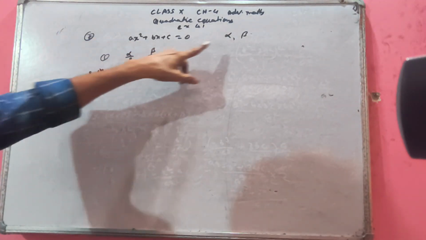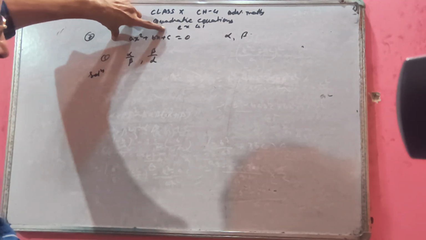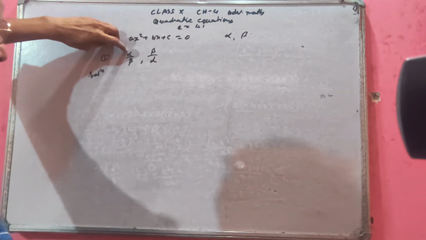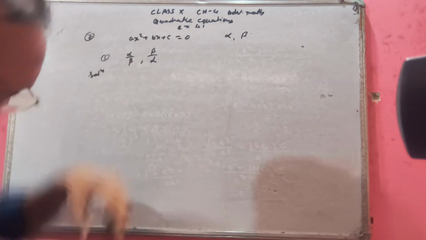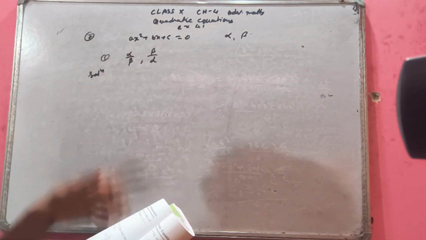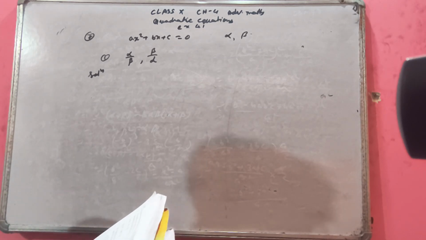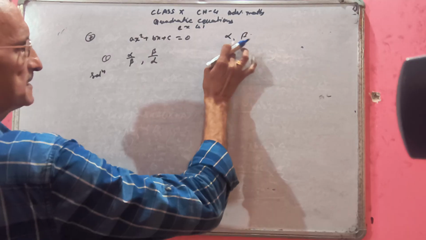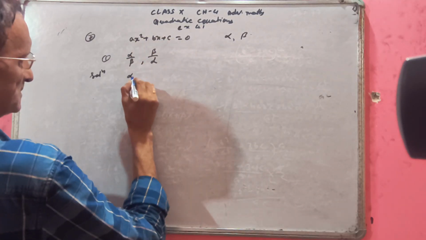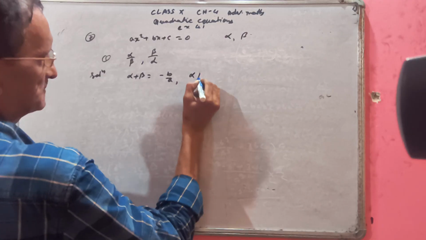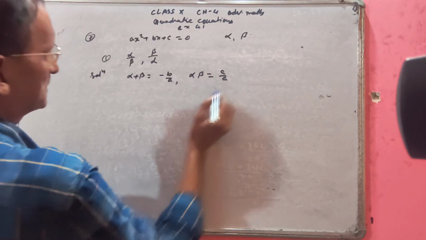Understood the question? Alpha and beta are the roots of this equation. This is given. We have to form a quadratic equation whose roots are alpha by beta and beta by alpha. This is the question, and this is for all 7 number 1, 2, 3, 4, 5, 6 till 10. So start now. First, since alpha and beta are the roots of this equation, therefore alpha plus beta will be minus b by a, and alpha into beta equal to c by a.